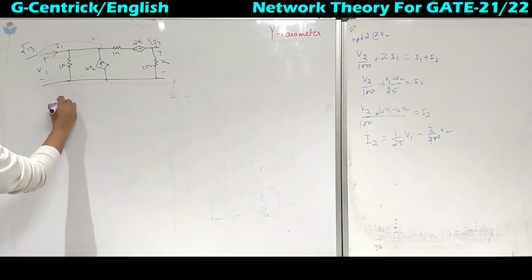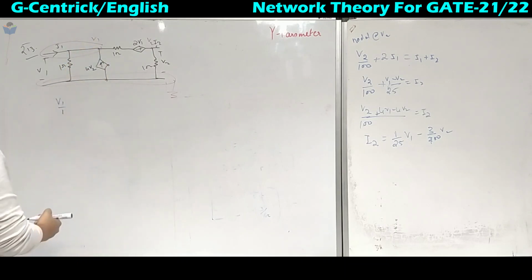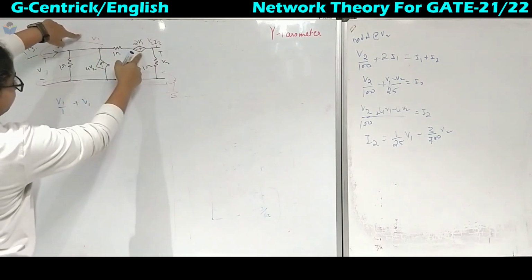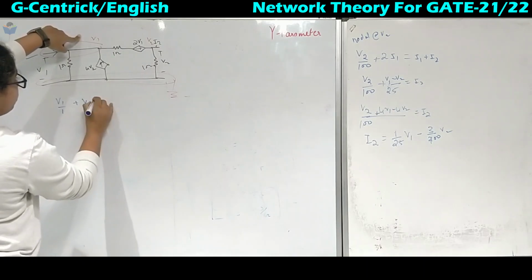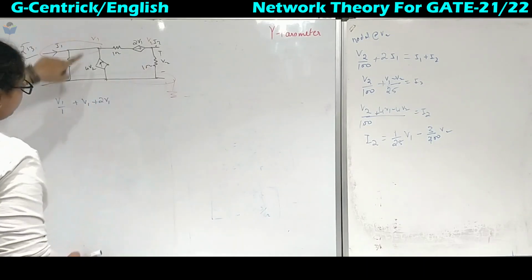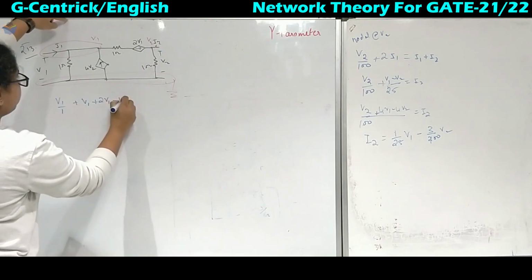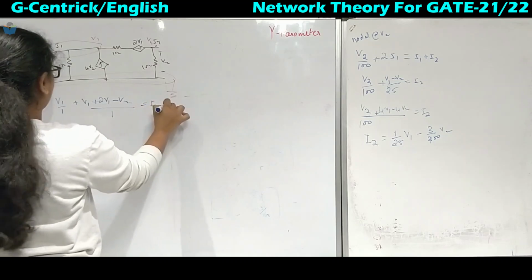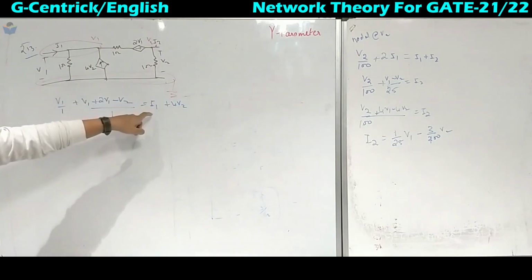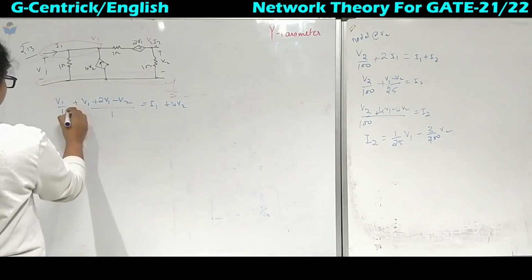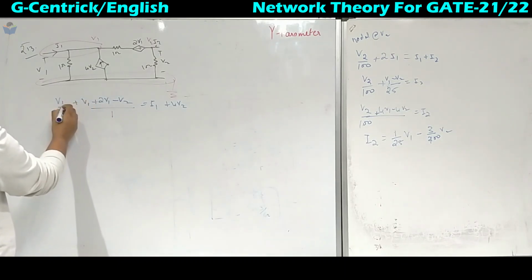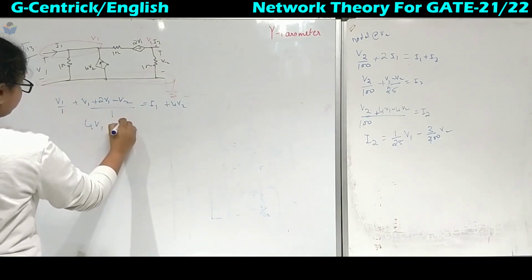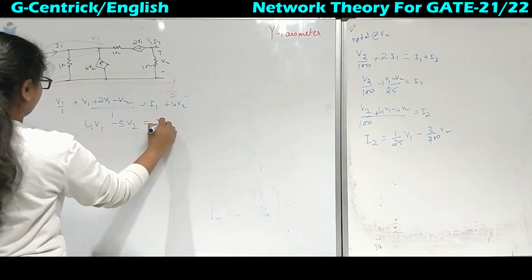So we will apply nodal now. V1 divided by 1, and this is incoming current, so we will take it later. Now this is V1, while going to V2 you have got a dependent source, so we will take the sign that comes after, plus 2V1, then minus V2 divided by 1 ohm. Here incoming are I1 plus 4V2. So we need it in terms of I1. We will simplify this one first. This is 2V1, 3V1, 4V1. This is minus V2 and this minus comes over here, so this will be minus 5V2 equal to I1.